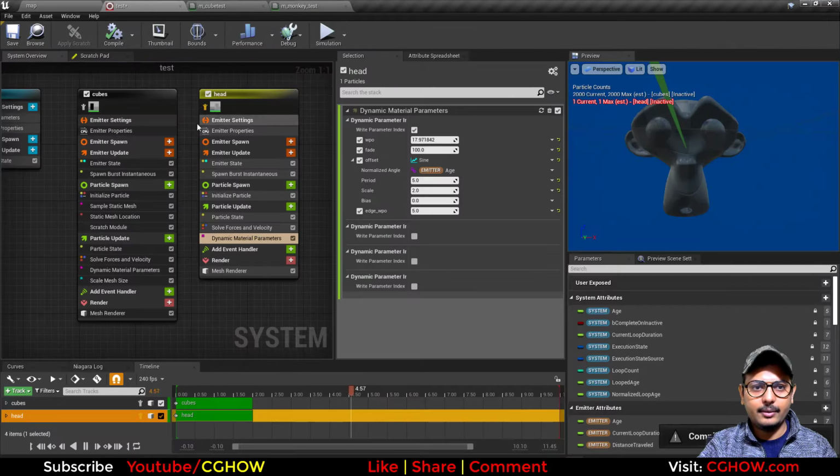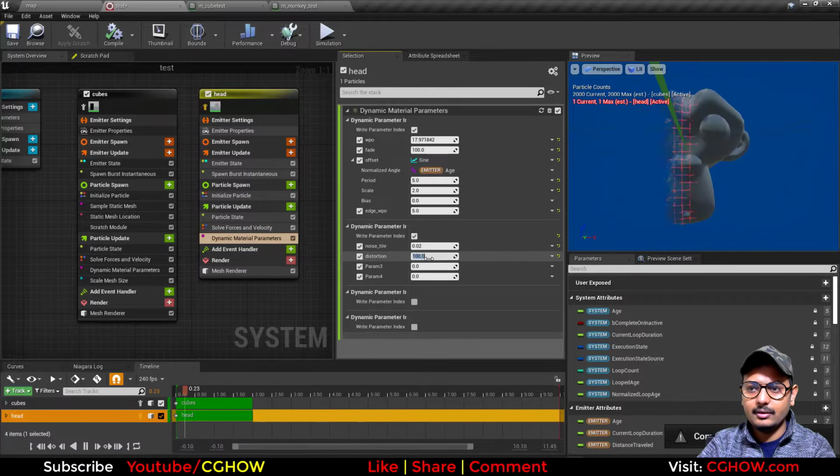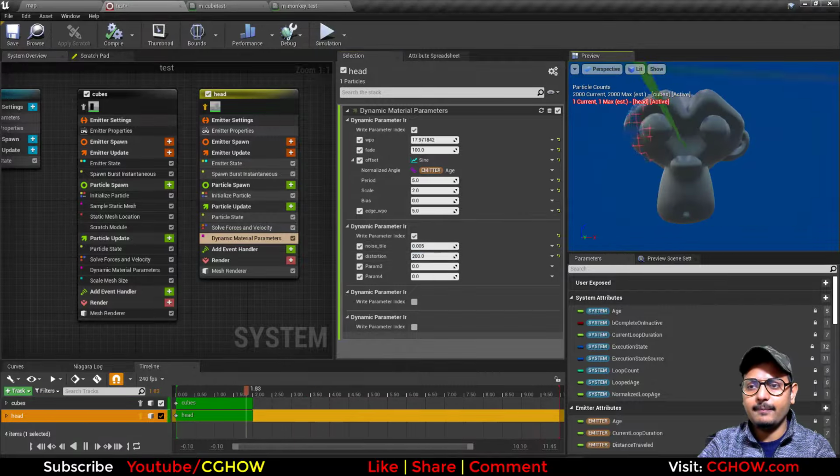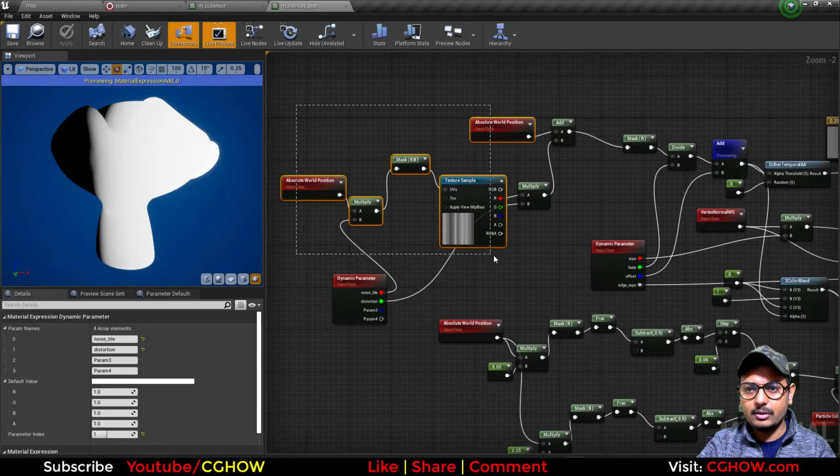And here in my head I will turn on my dynamic parameter. Let's make it 0.02 and let's make it 100 or 0.01. So you can see that distortion 0.005, 200. So now you can see distortion, and I'll just copy this whole thing,